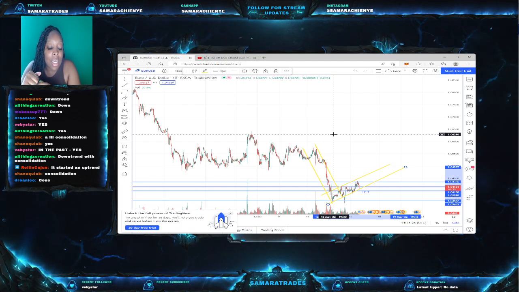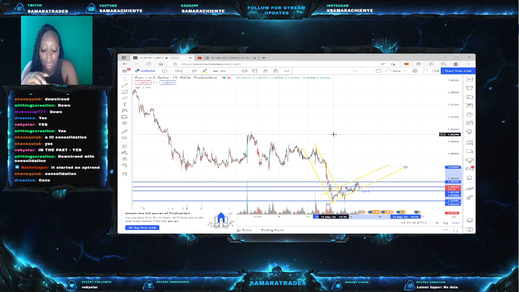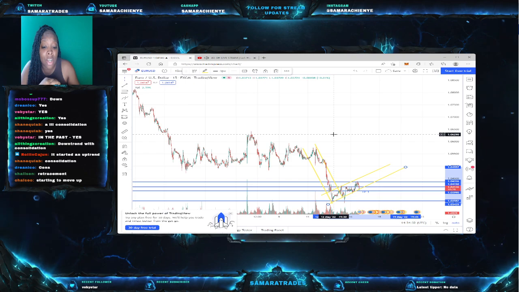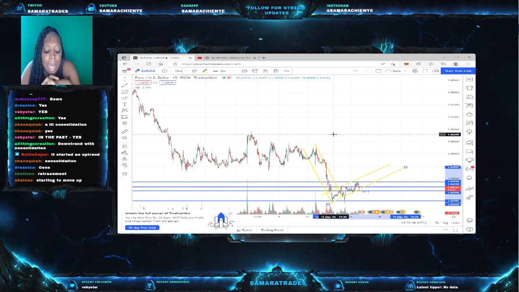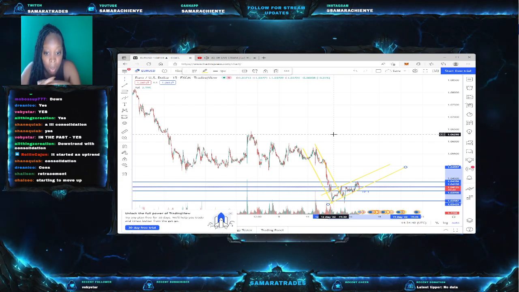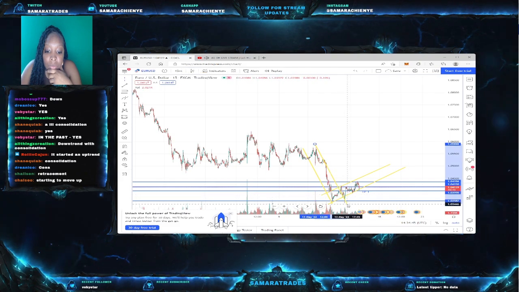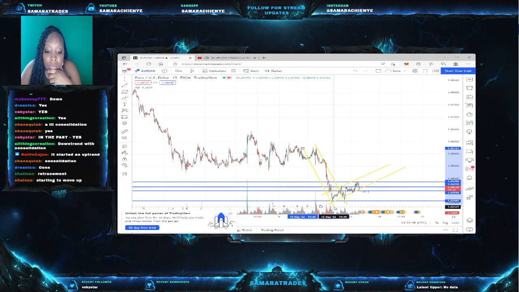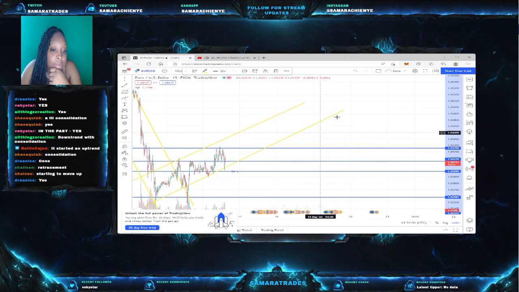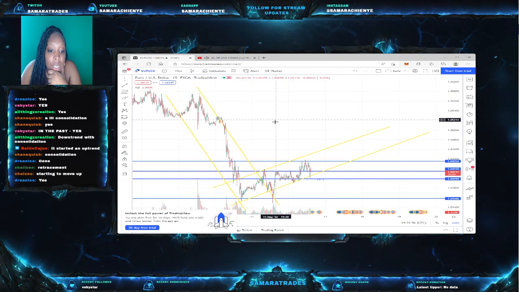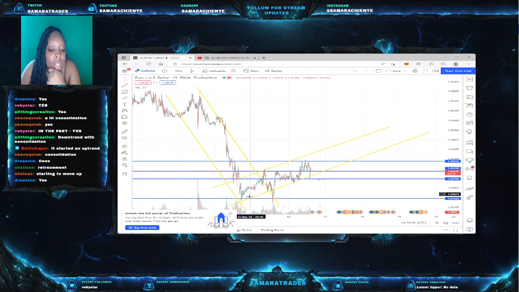It started an uptrend. I'm not even looking at the chat, but I hope you guys are seeing it started an uptrend. Where's the diamond at? Do y'all see the diamond? Let me get y'all a cleaner view. Y'all see the diamond? So again, if it would have hit this area, we know that it would have went